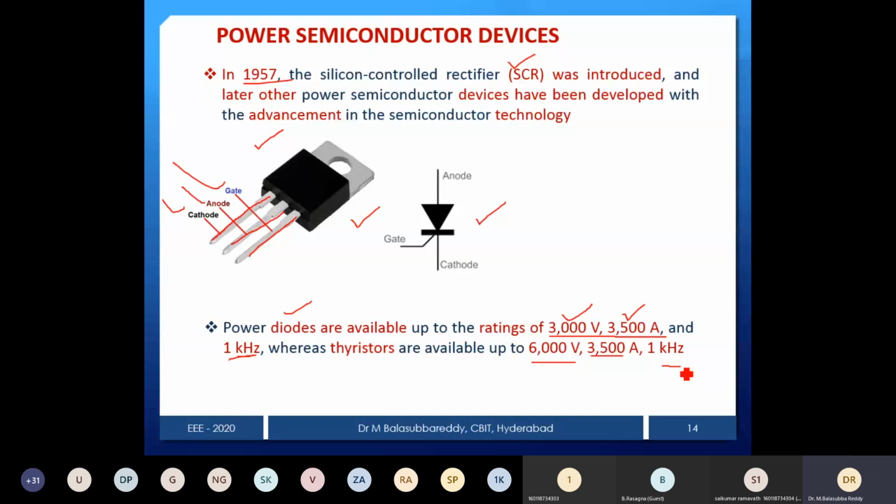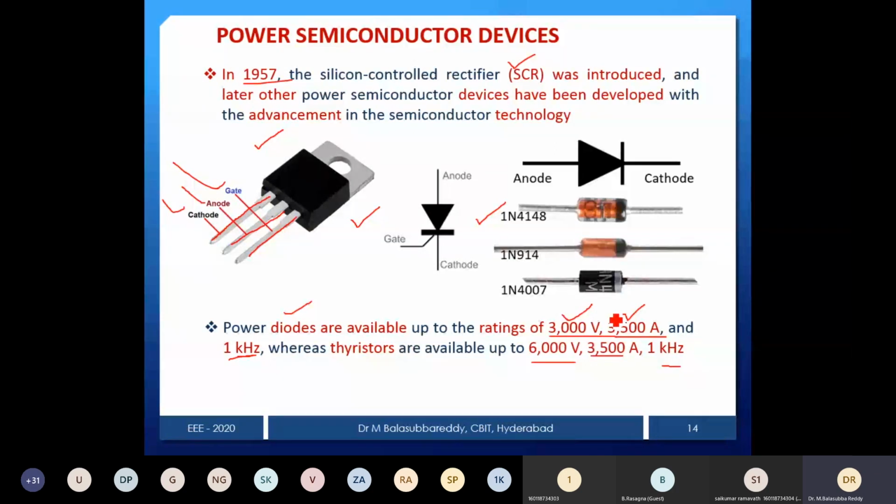And now there are some different diodes I specified here. This is the symbol for the diode and these are the real components with different numbering. This one is 1N4148, one type of diode, because different ratings and different numbering are there in the market. You can buy based on your rating requirement and use it in diode rectifiers. This side we call the cathode, and this is the anode. So like that I have shown some of the components here.